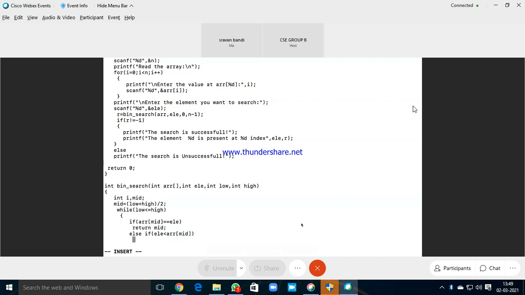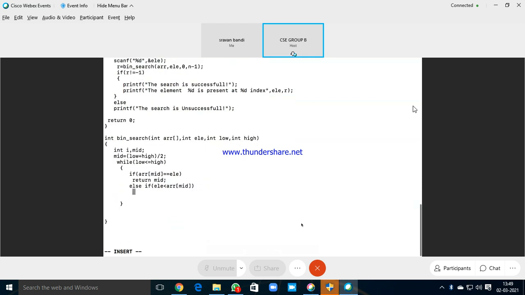Left. So I'll set high equal to what value? Mid minus 1.